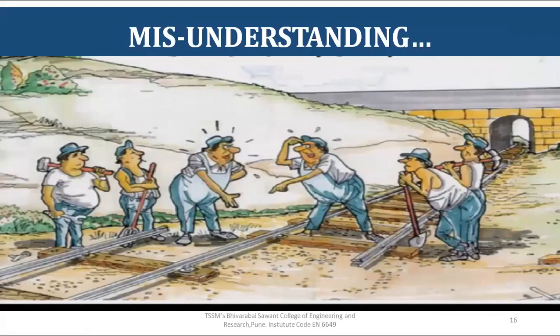Misunderstanding. Dear students, all the physical things in the world, right from needle to aeroplane, are manufactured in industry. But before manufacturing in industry, a design engineer makes a diagram of it and hands it over to the employee or person who is working on the actual field or the shop floor. If the person is not getting that information, then you can see what may happen.